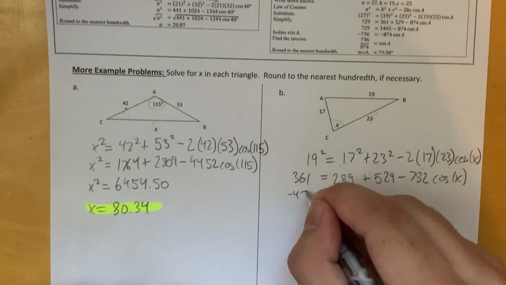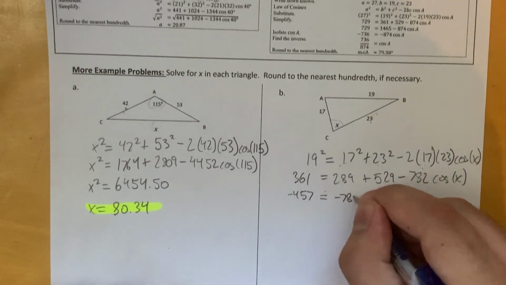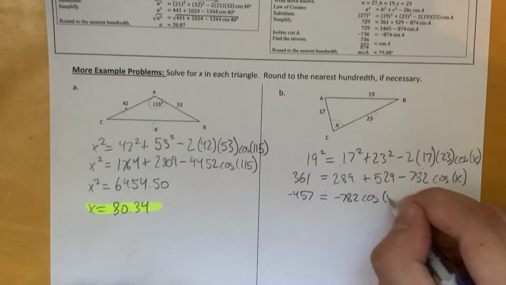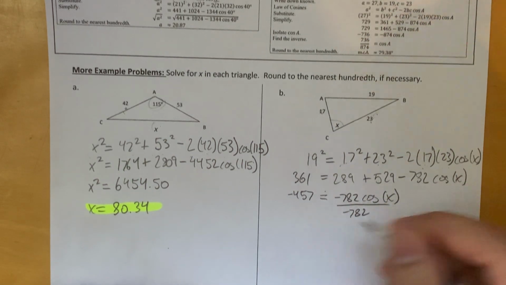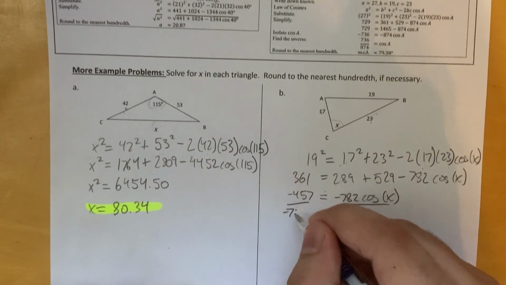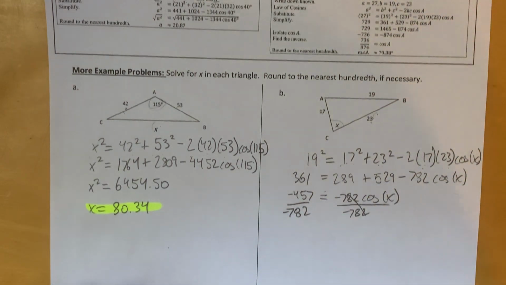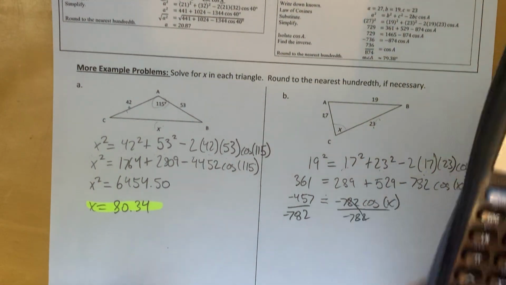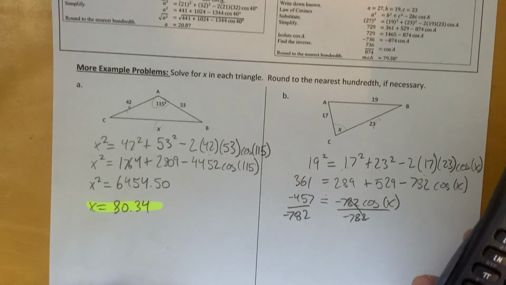Negative 457 equals negative 782 times cosine of X. It's divided by negative 782. Negative 782 cancels out. And I could just do negative 457 divided by negative 782. And I get